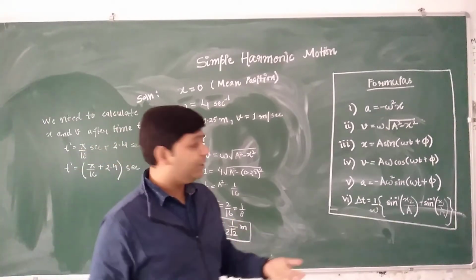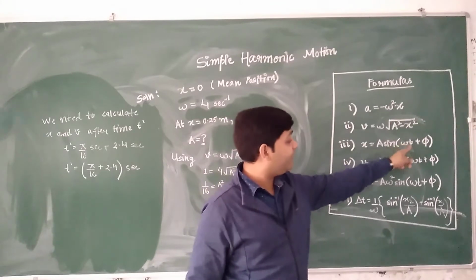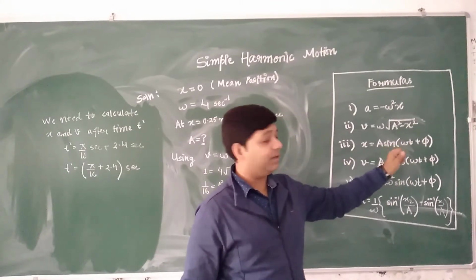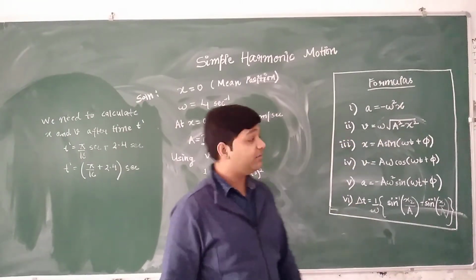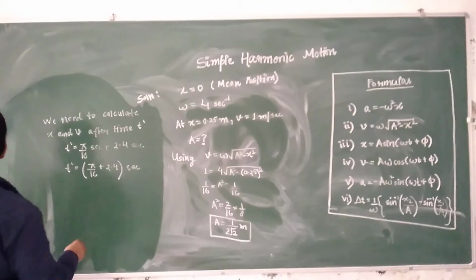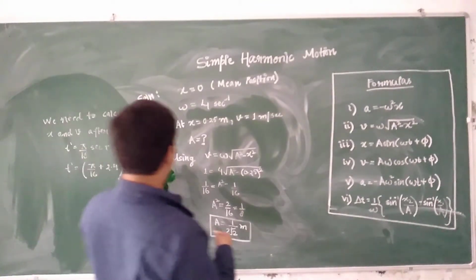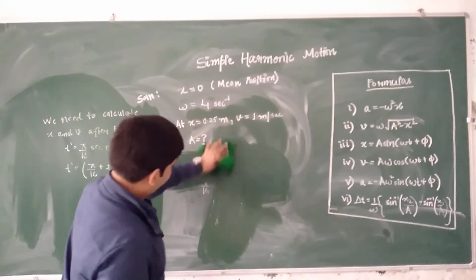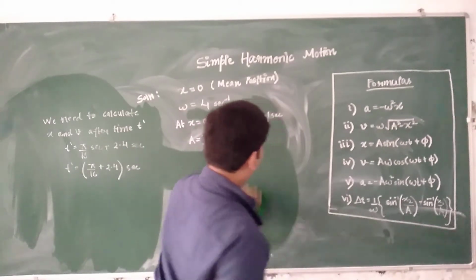So we can easily do it. We can use these two equations because we already have the value of time t, we have the value of a, and we have the value of omega. So substituting all these values, we can find the x coordinate and velocity of the particle. Let me erase this now. Right? You have already copied it. So now using equations 3 and 4,